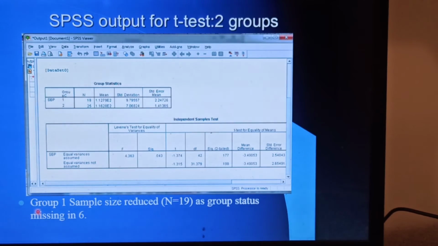If you see here, group 1 sample size is reduced to n equal to 19, as in my data entry, group status, whether diabetic or control, was missing in 6 cases. So I'm taking sample size 19 for group 1 and 25 for group 2. Now I'll discuss one by one how to read the SPSS output.